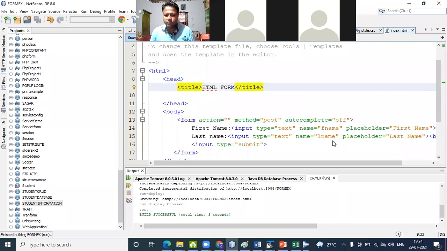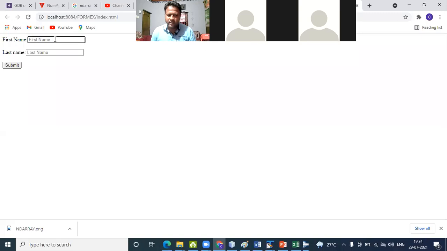Means when you use the cursor, previously some predefined names were showing, those that you already created. But here we are using off so that it is not suggesting anything. If you put autocomplete on, then the previous value that you have entered in that text field is displayed. And if we are using off, then the previous or suggested information is not shown here.